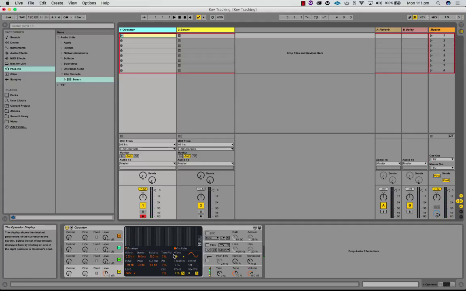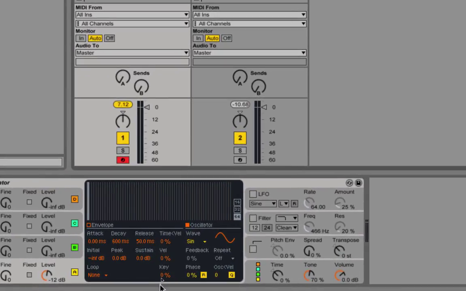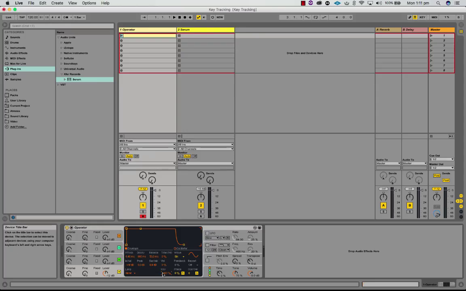So I've just got an operator here, and you can control the level of the oscillator, or you can modulate that depending on what key you press. So you'll find it here in the center section. There's a percentage which can go positive and also negative. So if we set that to negative 100, and if I play a low note,